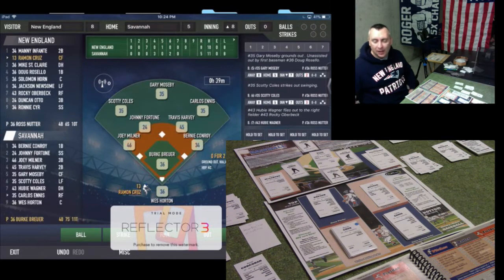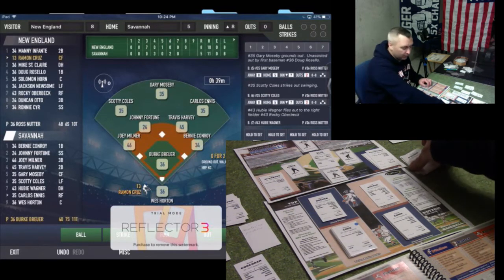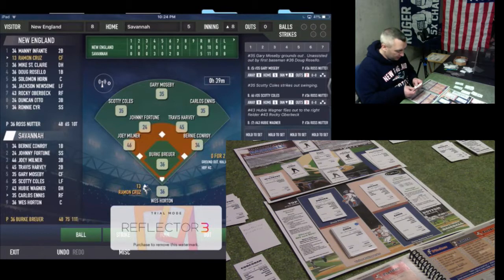So if you're just joining us, this is game number 5 of my season playthrough with the New England Minutemen. The first game of the evening tonight was a victory for New England, and it was a huge victory. They won 18-4, and right now we're in the top of the 8th, and they are on top 8-5. So a little tighter game tonight. They're trying to maybe add a few runs against this susceptible